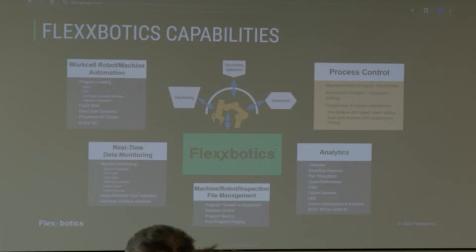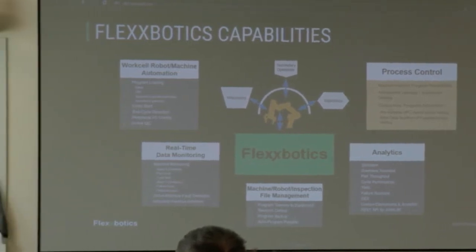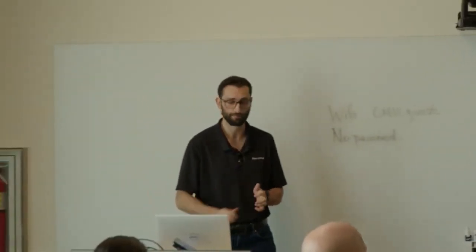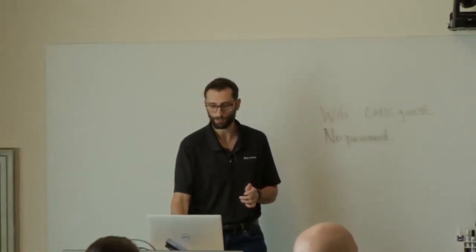And then the final is the ability to take inline inspection. This is the autonomous process control we were talking about. So you can take the output of inline inspection and update things in real time on the machine and robot based on the output of that inspection equipment. So I will talk a little bit more about